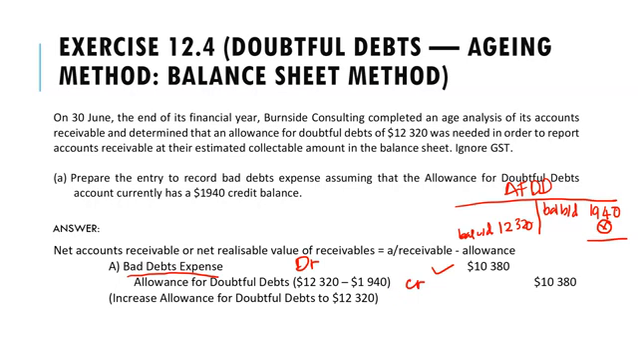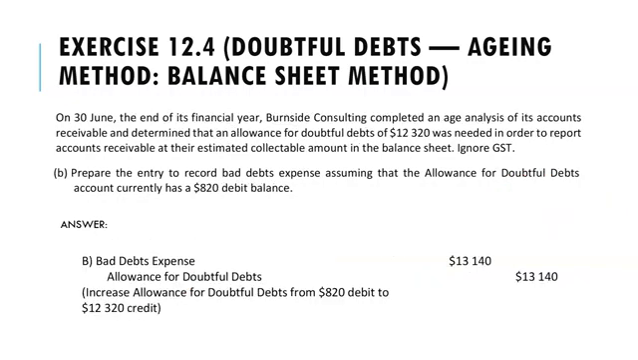So that is the difference between the net credit sale method and the aging method. Aging method will give you your balance CD, balance carried down, your closing balance for allowance for doubtful debt. Okay. So how do I get 10,380? That is 12,320 minus the existing balance of 1940. Okay. In the second example here,